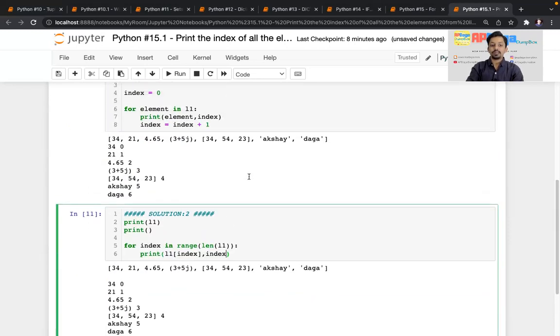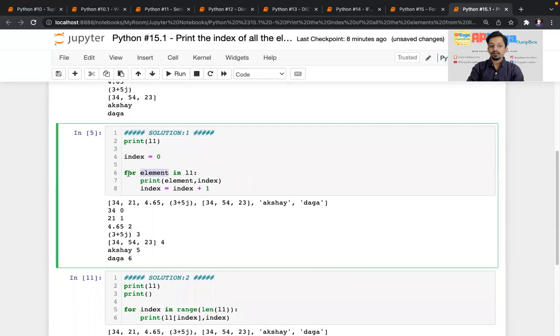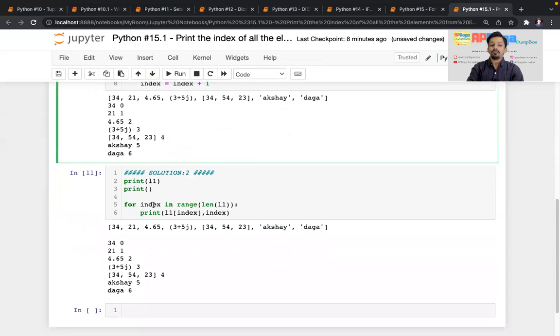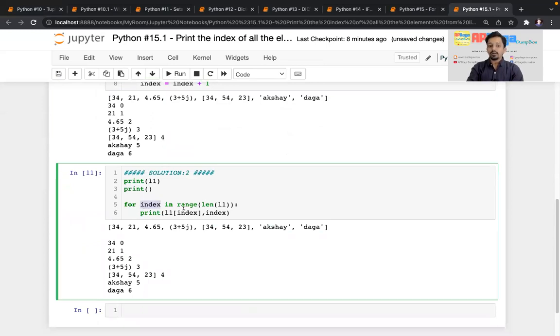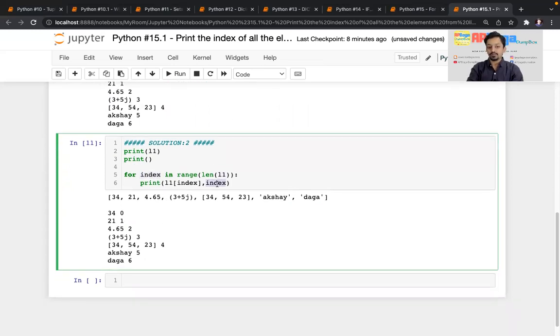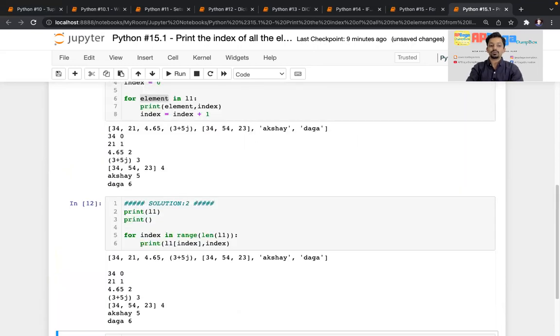index. So basically, whenever we use something like that for I in the name of list, then the element is stored one by one in this local variable. But whenever we write for some local variable in range of length of list name, like the variable name of list, then in this local variable, the index will be stored one by one, right? So index is printed using this variable directly, and if I do L1 of index, it will print the element at that index, right? So this is the solution 2.